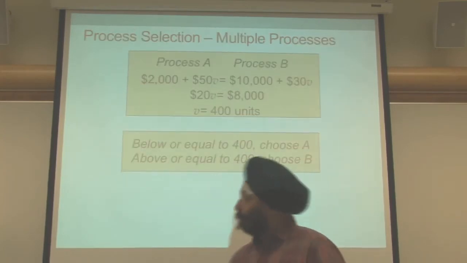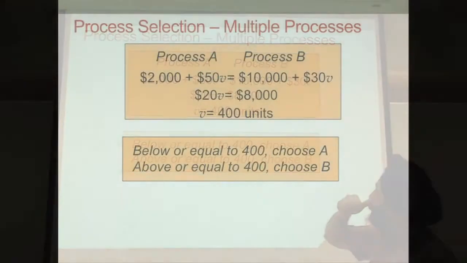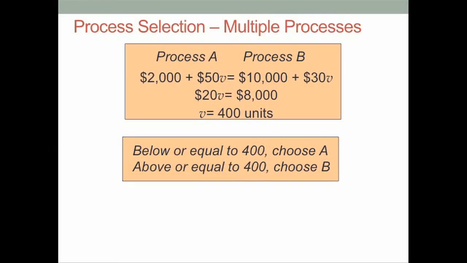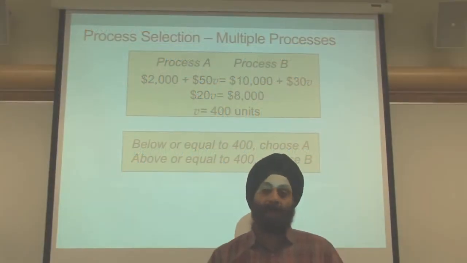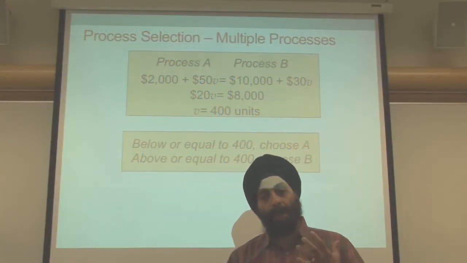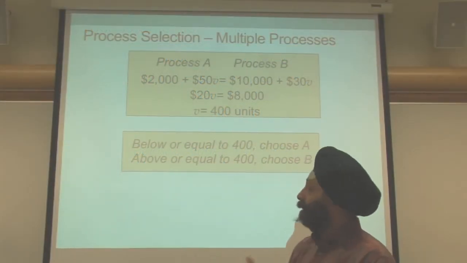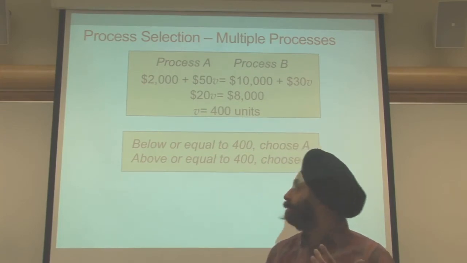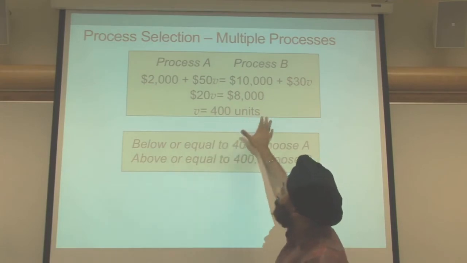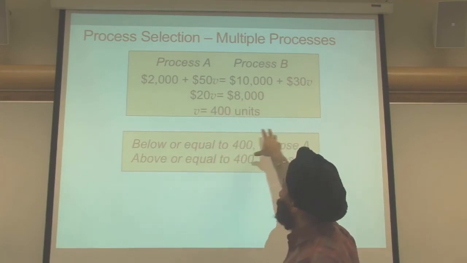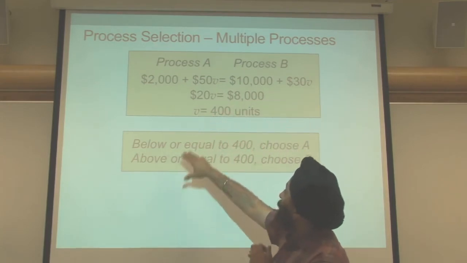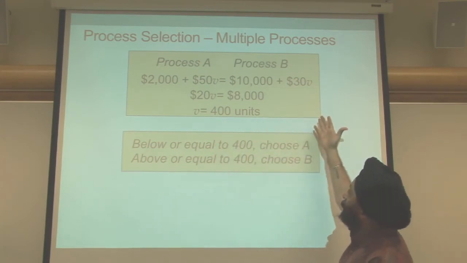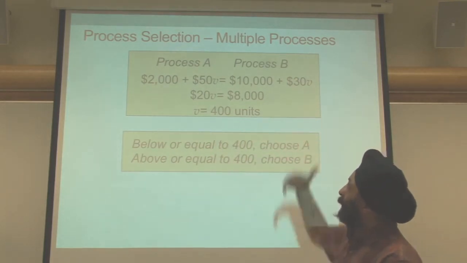Now, if you look at process A versus multiple processes, you can compare the two processes to see at what point you're indifferent between using process A and process B. So in that case, what is the break-even point where both process A and process B have the same cost? So in this case, we are comparing the cost of process A with the cost of process B. Let's say we have process B, which has a higher